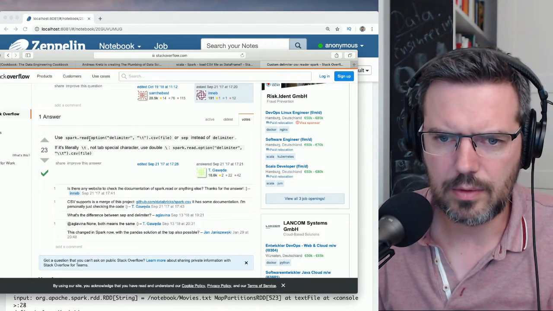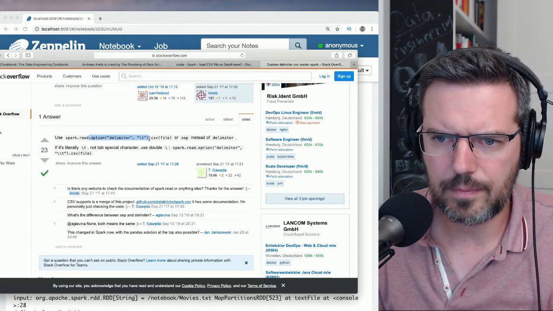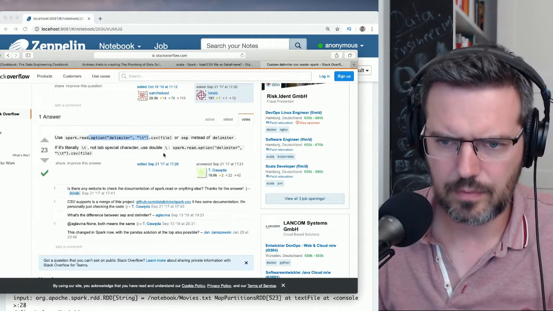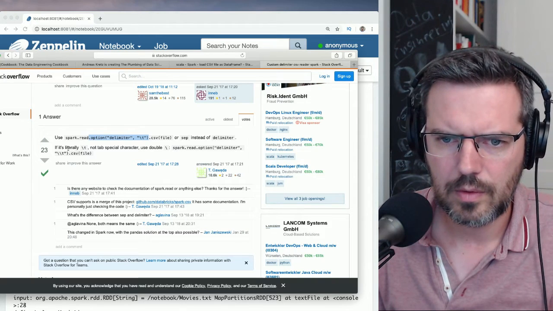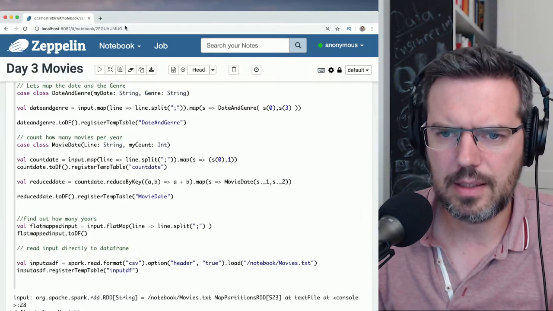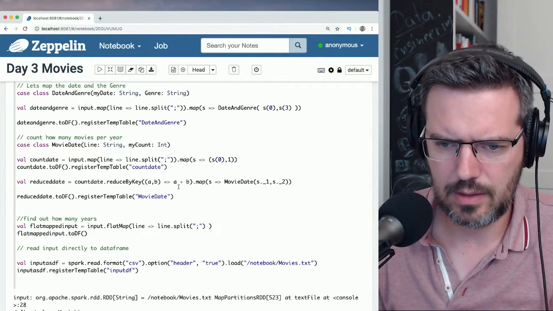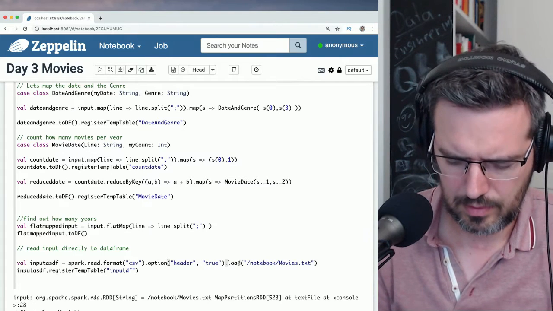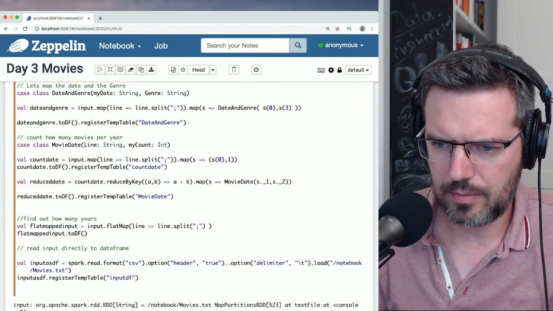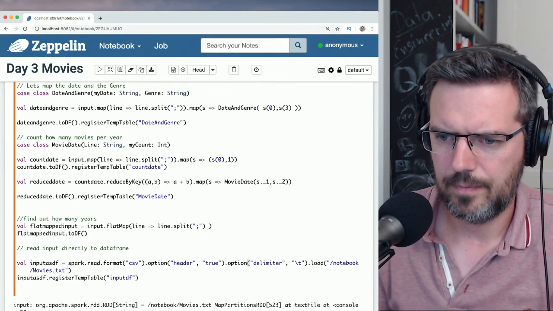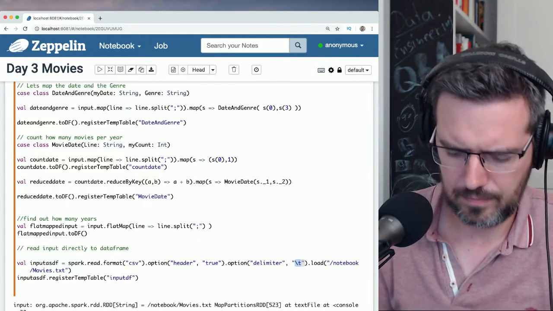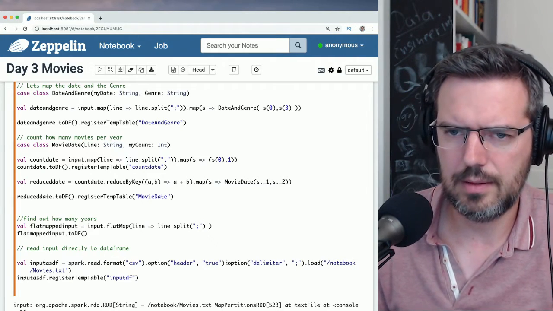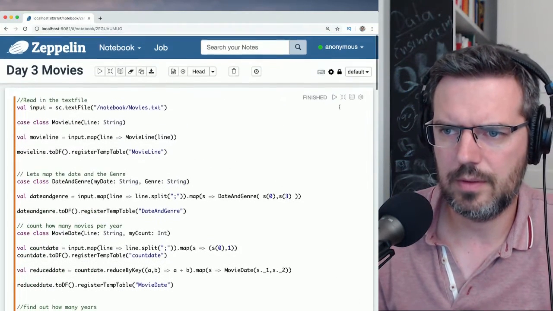Okay, we need to do this here. Read option. I think we can set this here, header option. This option delimiter semicolon. Let's try it again. Let's run this.